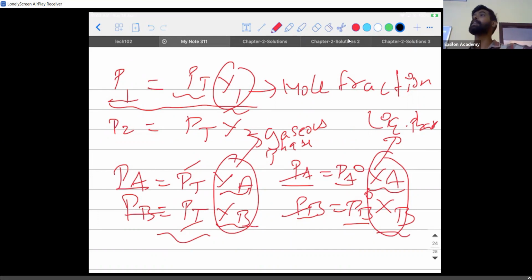Absolutely. In Raoult's law, it is directly proportional to the mole fraction of that component in solution, in liquid phase. Here, in Dalton's law of partial pressures, we talk about the mole fractions in the gaseous phase. So this Y1 and Y2 are basically mole fractions of gases 1 and 2 in vapor phase. Okay. Fine. So this is exactly what we saw, right? So we'll try to solve some problems on this now.